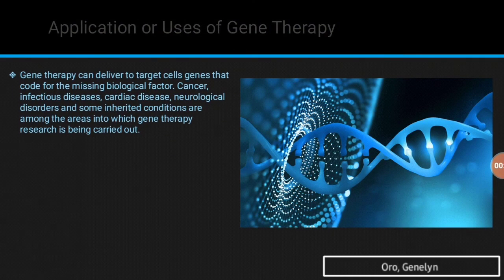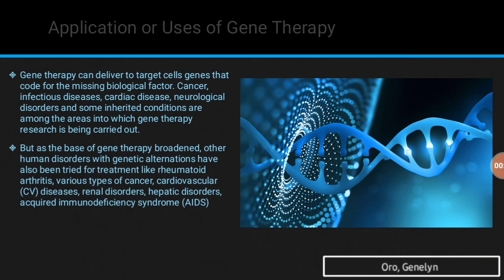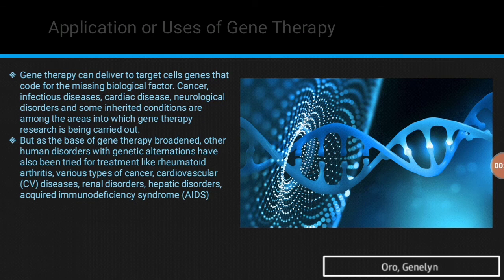So gene therapy can deliver to target cells genes that code for the missing biological factor. Cancer, infectious diseases, cardiac disease, neurological disorders, and some inherited conditions are among the areas into which gene therapy research is being carried out. So gene therapy was discovered in order to cure these kinds of diseases. But as the base of gene therapy broadened,